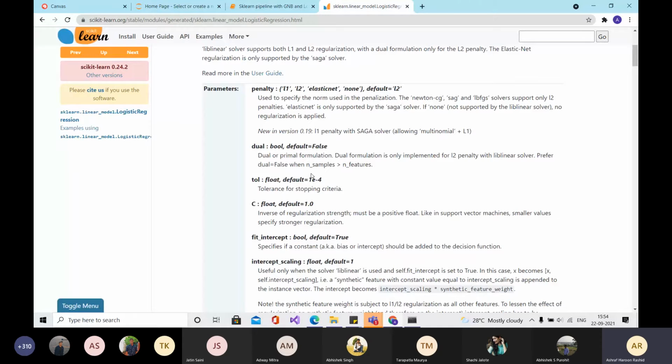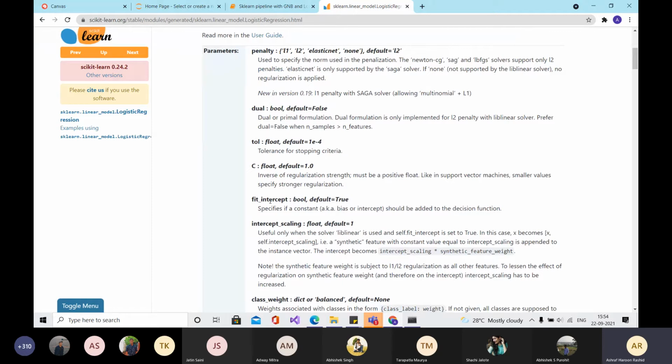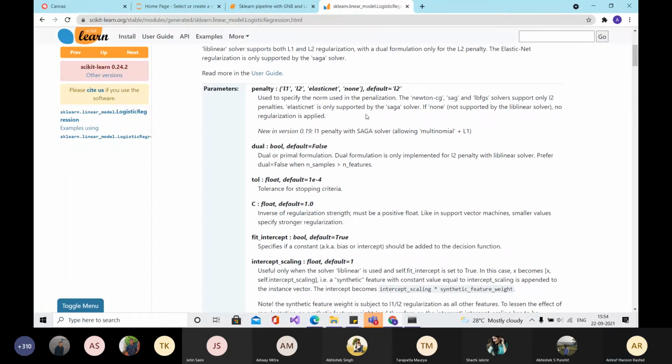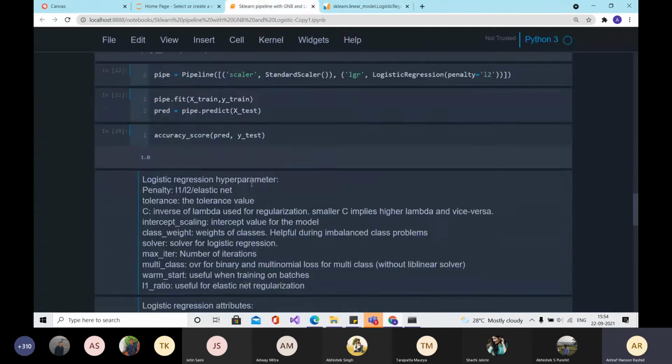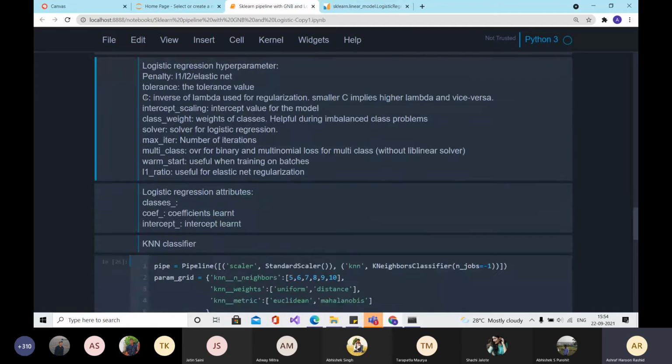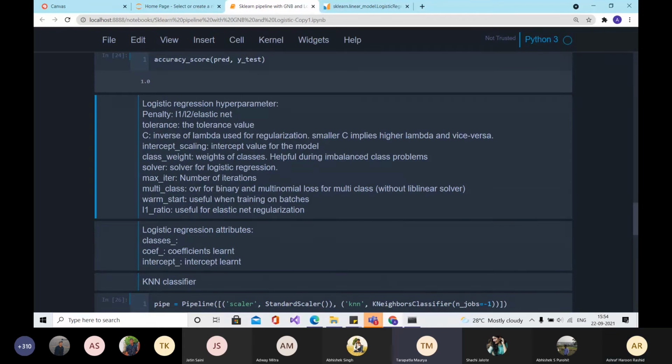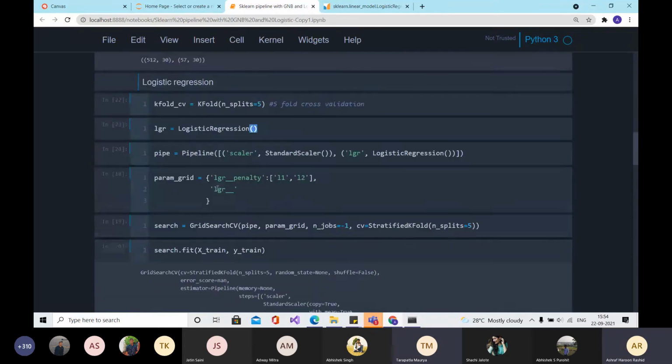okay, could you guys suggest what hyperparameters we should try to look into during k-fold cross validation? You can look into the user manual, or you can just look into the code I have written over there. Can we give penalty, sir? Penalty? Yeah. Penalty, sir. L1, L2. Yeah, I have already given L1 and L2. Next.